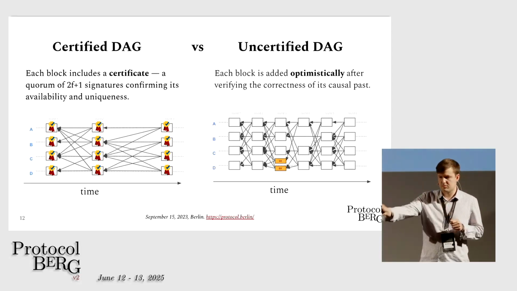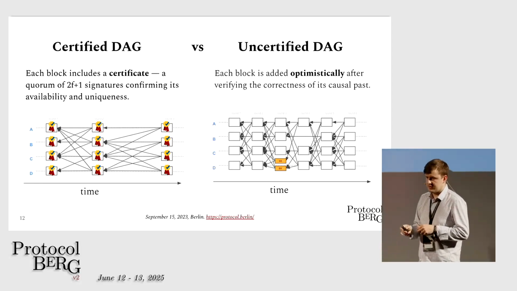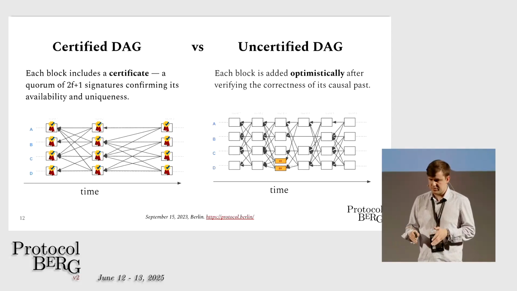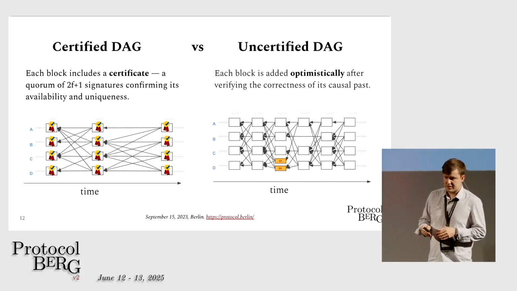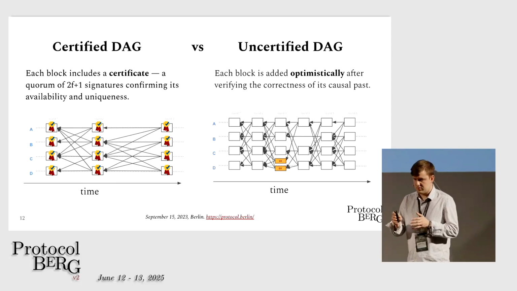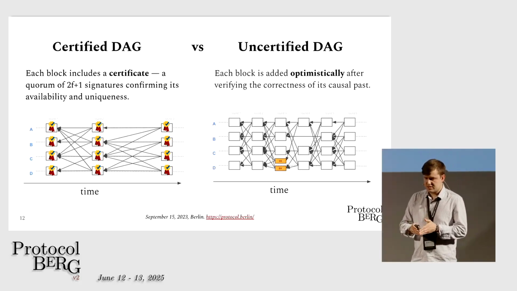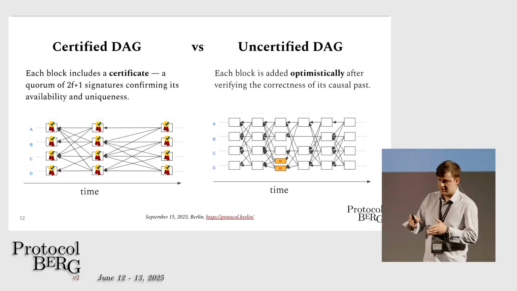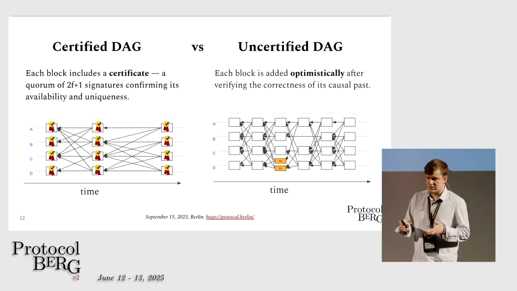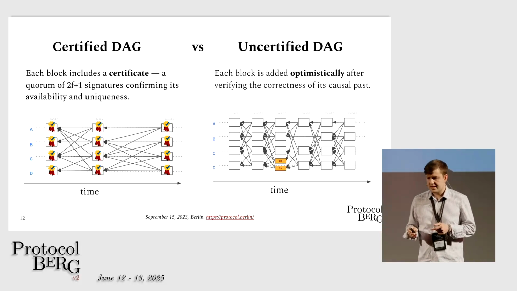First it sends the block, then collects the signatures, and then sends back the certificate. Usually in production, we use consistent broadcast. For theory, you need to use reliable broadcast for block dissemination. But as you can see, it requires many more rounds to construct such a certificate. Usually you need 2-3 rounds to construct a certificate, and that results in higher latency compared to so-called uncertified